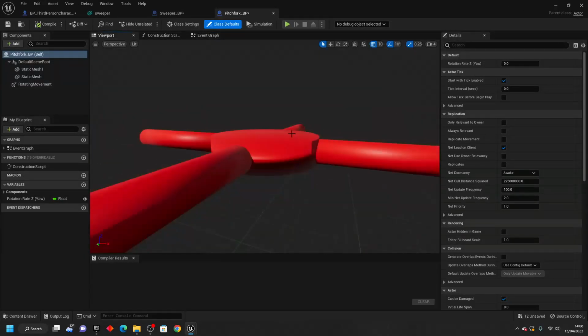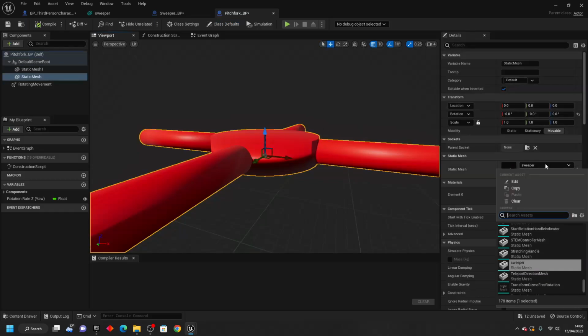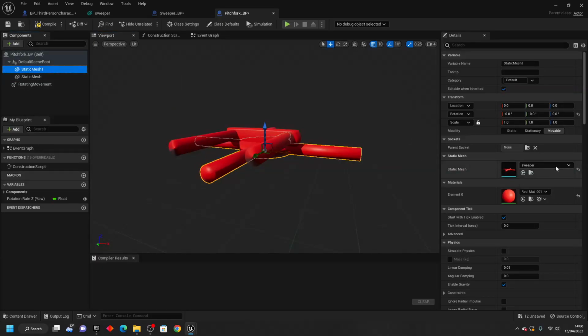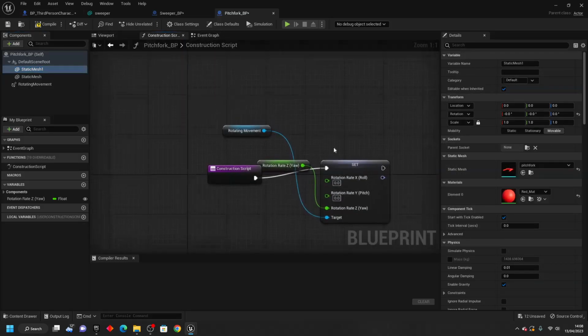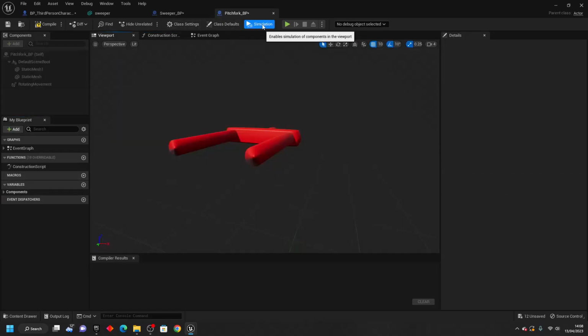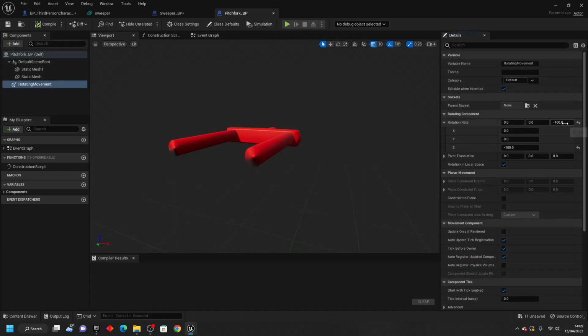If I open this up and go to the viewport, I'm just going to change this to be the pitchfork model that I just imported, and I also changed the static mesh one to be the pitchfork model that I just imported. We're going to go to the construction script and just delete this Z variable and this value here, because if I just go simulate, okay, so I'm not sure why it's not working, but basically, we want to make it so that this rotates